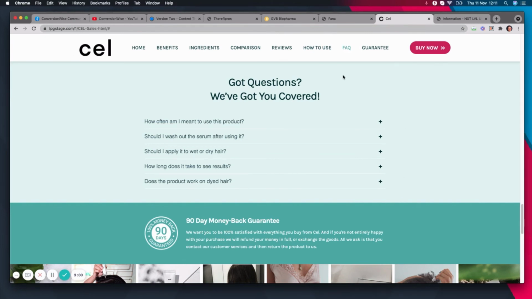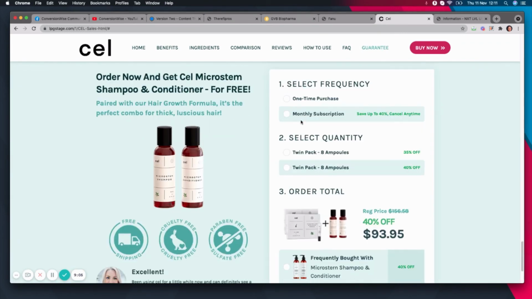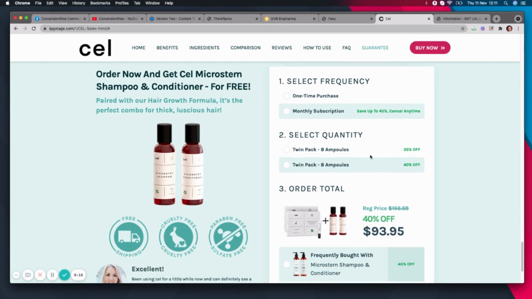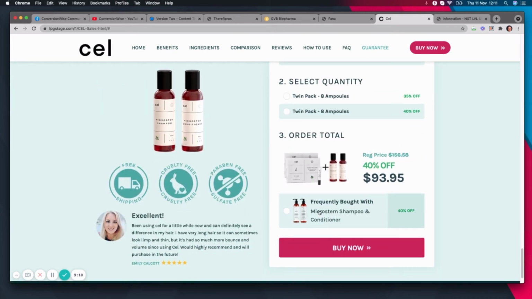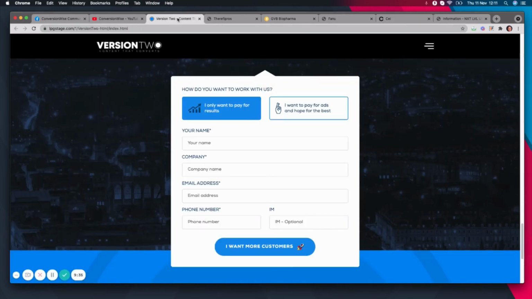What's really cool about a landing page for a single product is that you can get kind of sexy when it comes to increasing your AOV, because you don't need to create a whole funnel. You can actually just do it on the page by offering a subscription, offering some bundling, and all of that can be done on the page itself, so that you're not adding in another step. So you can still get the benefits of all those great things like AOV and lifetime value, but it's all happening on the one page.